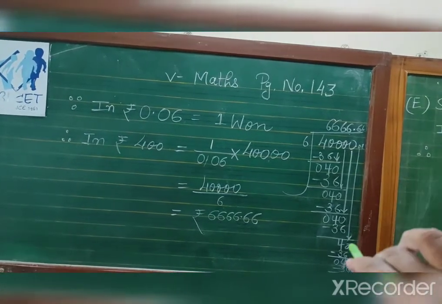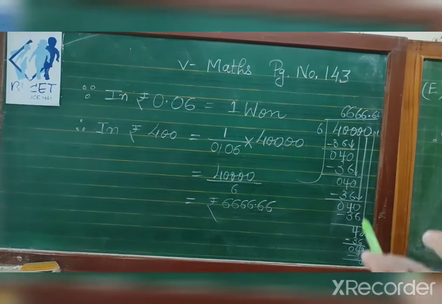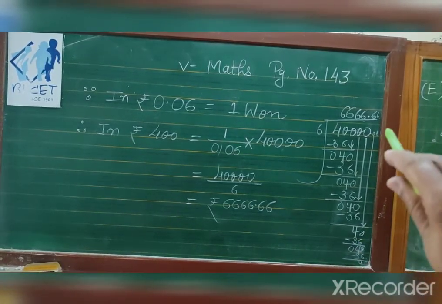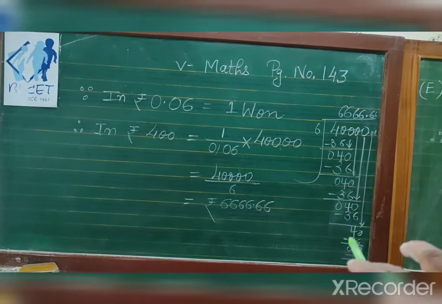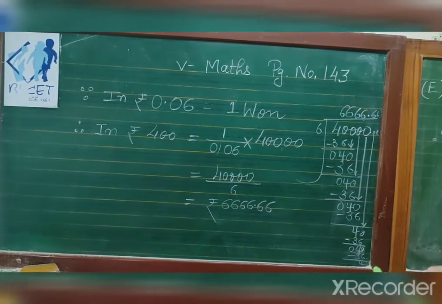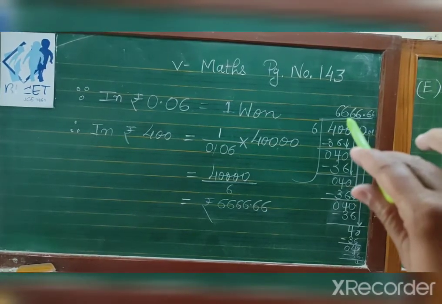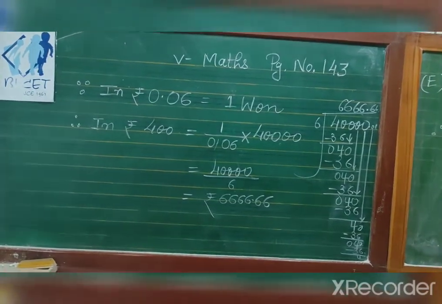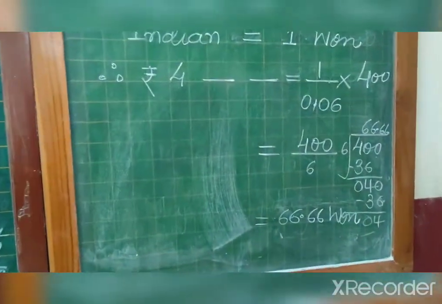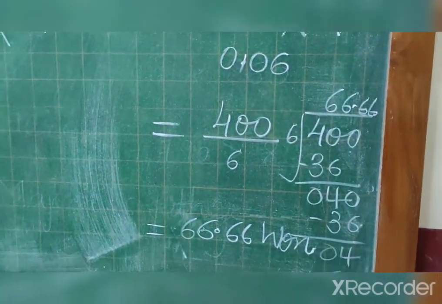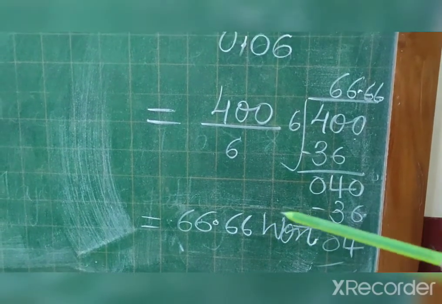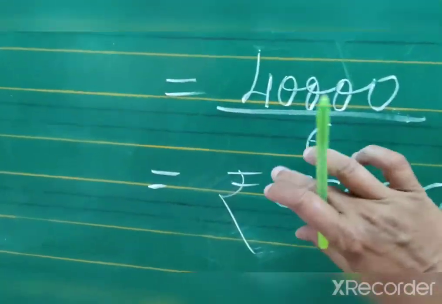So after the decimal we will take, and then 0, we will bring down this 0, 6 6s are 36, again the decimal will give 0, 6 6s are 36. Okay, now after that you are getting 6,666.66 rupees. Another way you can do here, you are getting this 66.66 rupees, sorry, won. Okay, here by mistake I have written this.